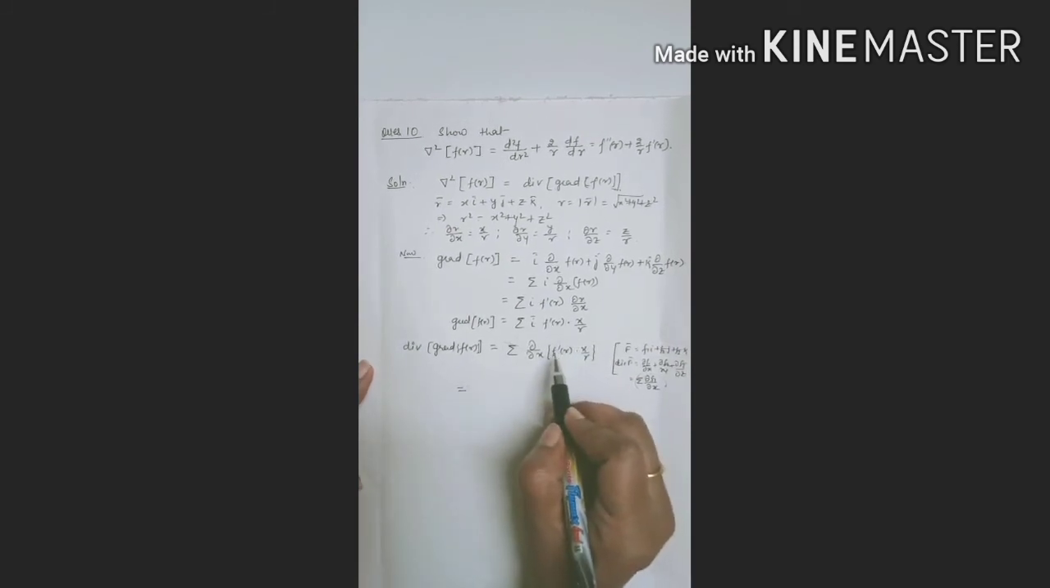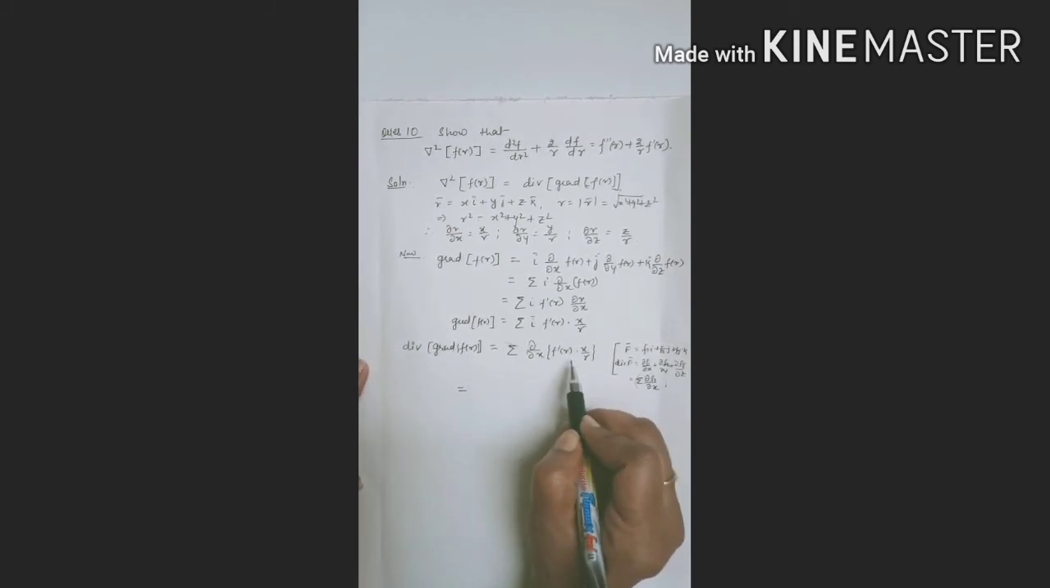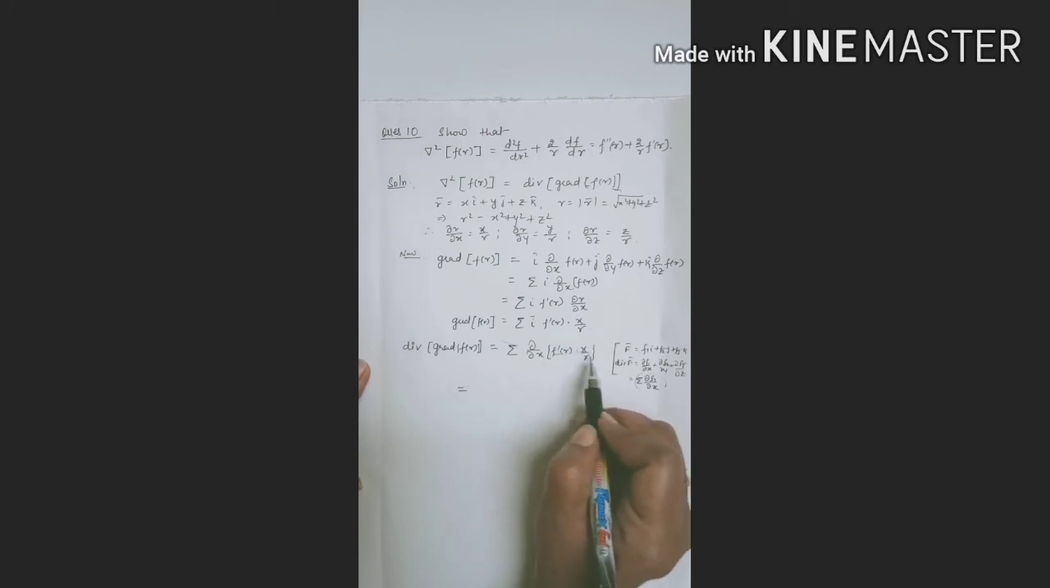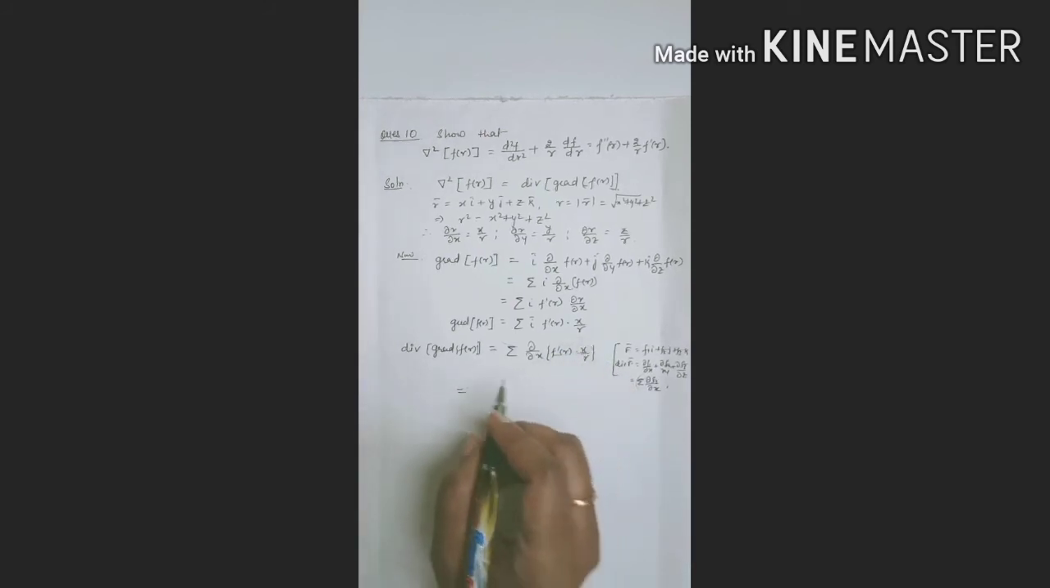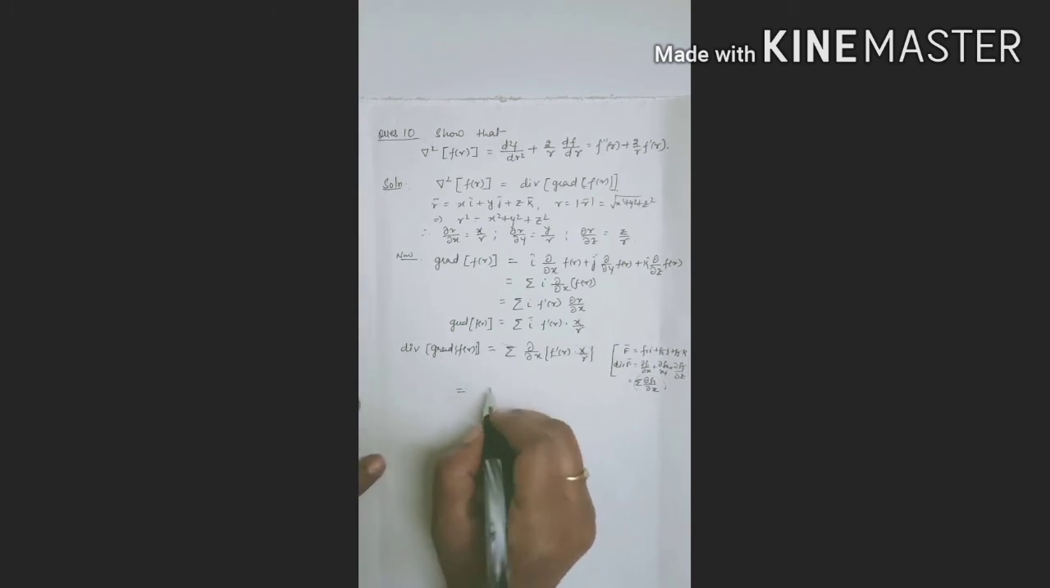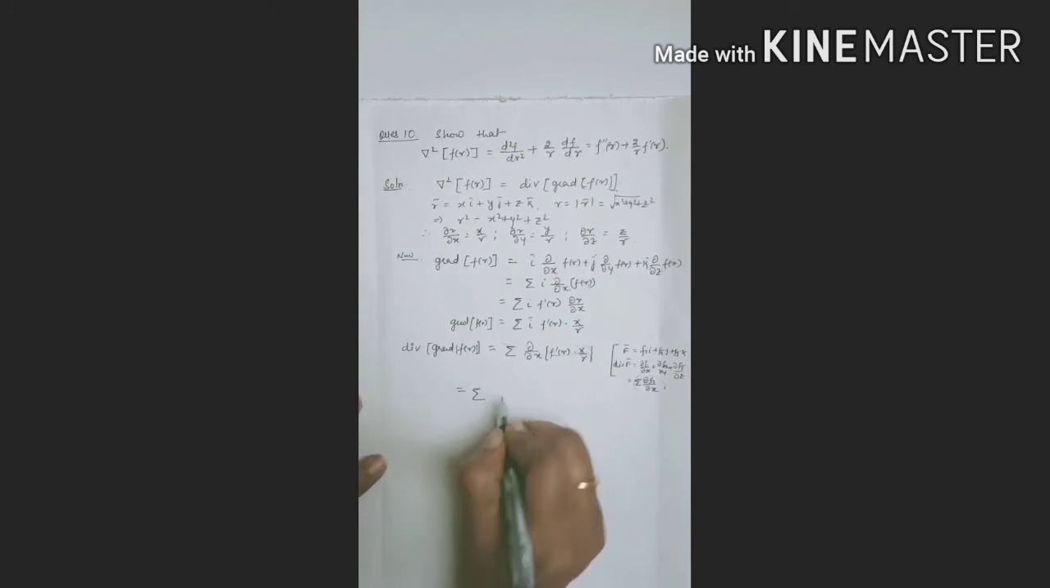So let us take this as f dash r dot x by r. So we will apply the u by v formula for this. F dash r dot x is taken as one term and divided by r. So let's see what we get. That is equal to summation